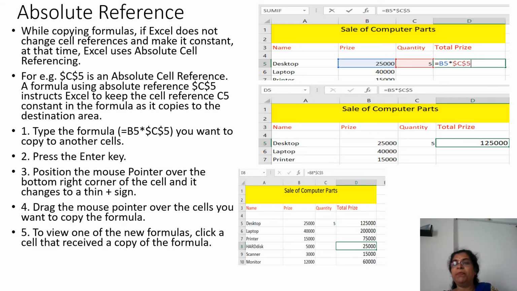Whenever you copy the formula, see, by doing this it multiplied 25,000 by 5, you will get the result. Here what will happen, this 40,000 will get multiplied with 5 only, because it is constant. Correct? With this only we are multiplying and we are getting the results. 50,000 multiplied by 5, you will get 75,000. Like this you will get the result, that is absolute reference. This is the absolute reference we have given here, that is $C$5. The cell address is remaining constant.